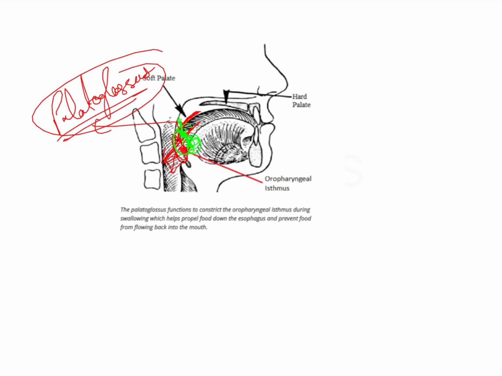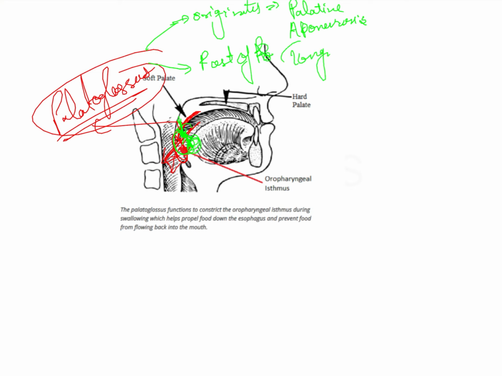Okay, so the palatoglossal basically is an extrinsic muscle of the tongue. That means it originates from a location outside of the tongue and gets inserted into the tongue. So the palatoglossal originates from the inferior surface of the palatine aponeurosis, and basically it is a thin membrane that is connected to the back portion of the hard palate, right? So it originates from here and it gets inserted in the posterior part of the tongue,